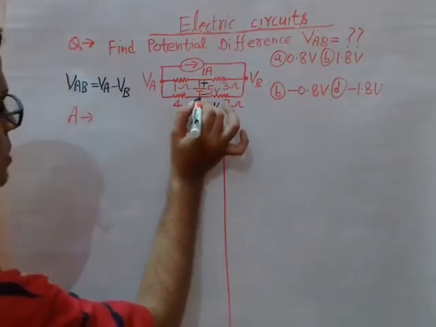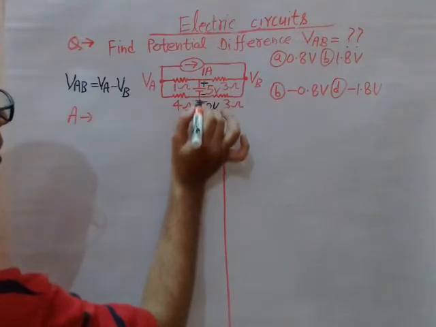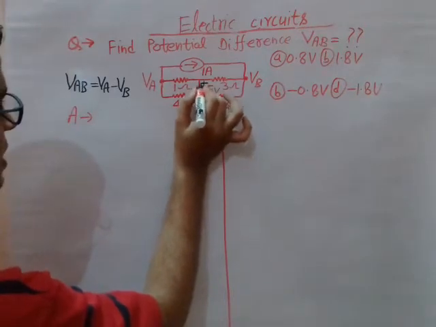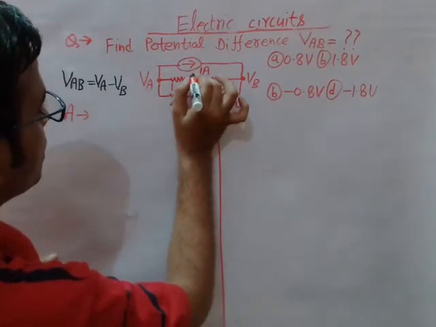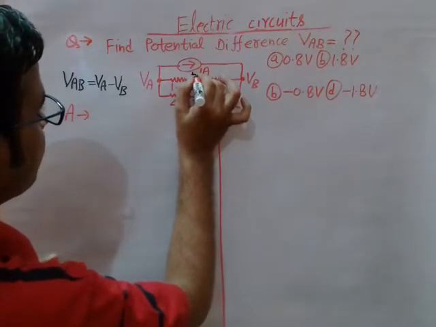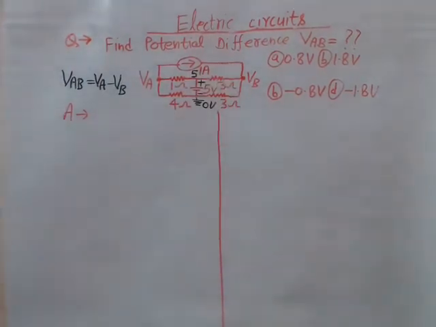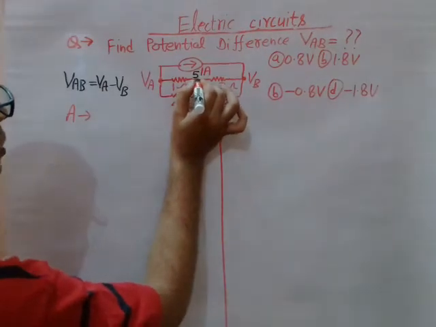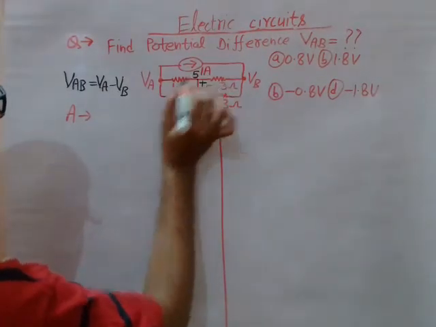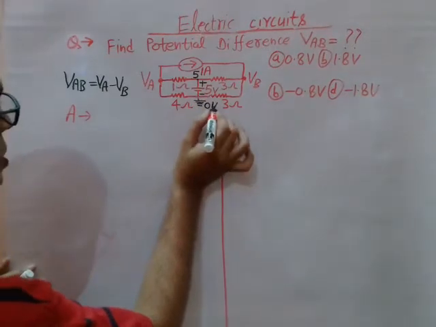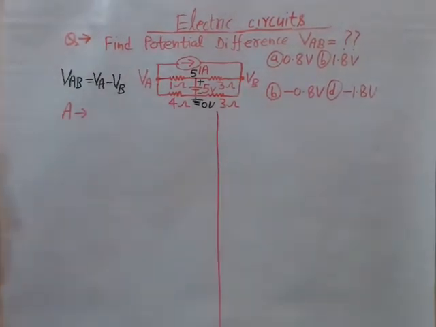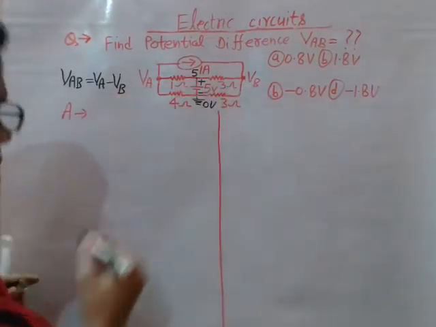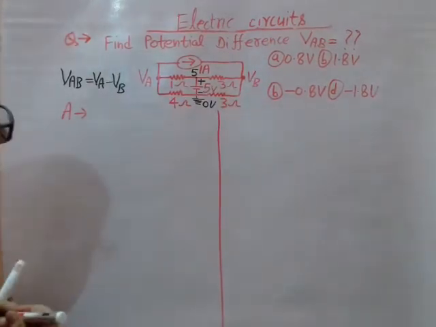So with respect to this 0 volt, what is the potential of this node? It is 5 volt higher, which is indicated by this plus sign. So the potential of this node is nothing but 5 volt. Write 5 here. Potential of this node is 0 volt, potential of this node is VA, and potential of this node is VB, that is given. VA and VB are denoted in the question.